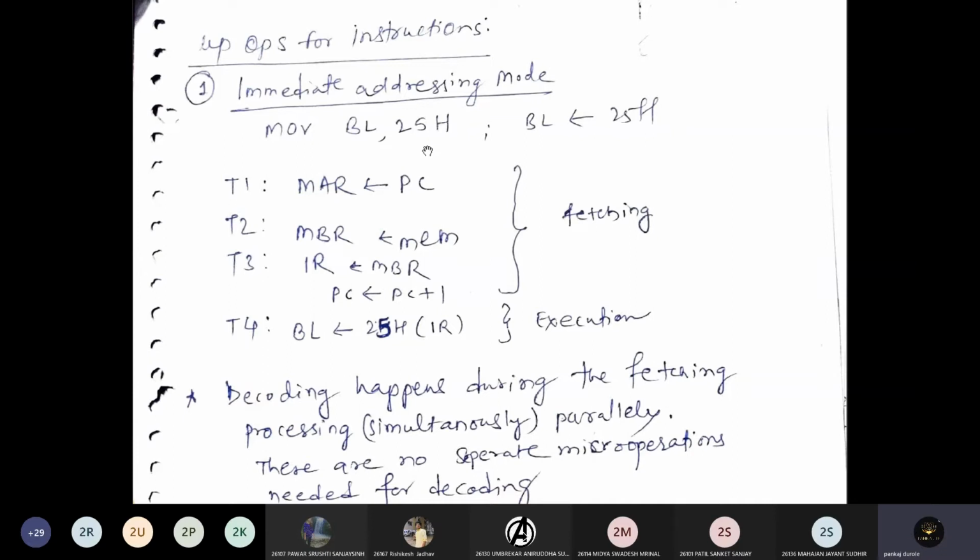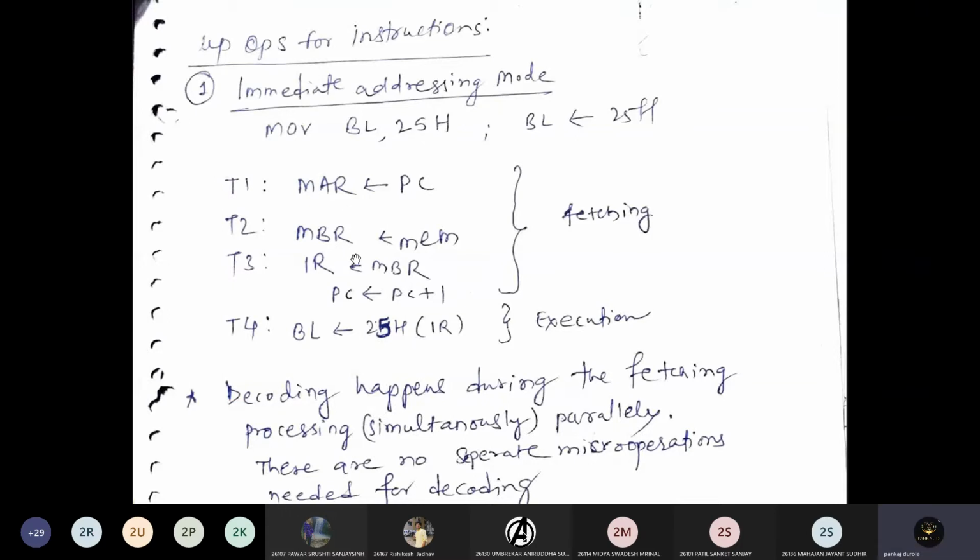We will get the address of this complete instruction, not only 25H, along with the operands. So the program counter will point at the memory address register. This is the first step that will happen.